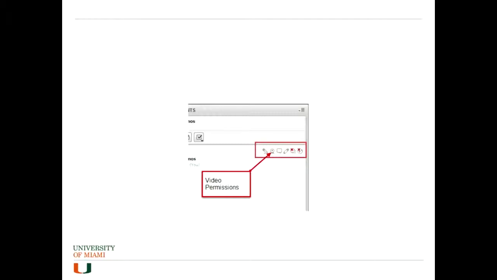The next one is the video permissions. You can allow people to use their webcam or not during the session. Then the chat permission, of course, it allows you to open the chat or restrict the access. The chat is also audio or only text? Text.